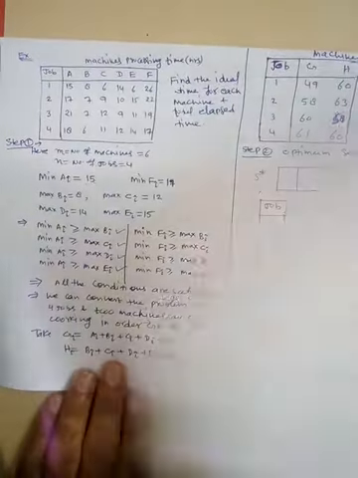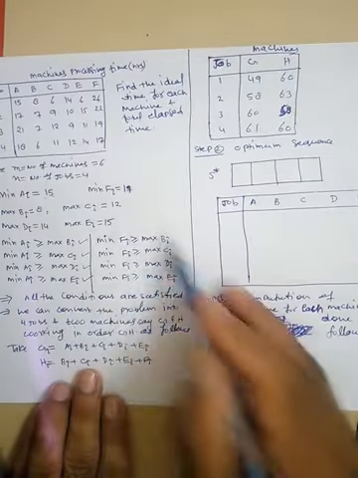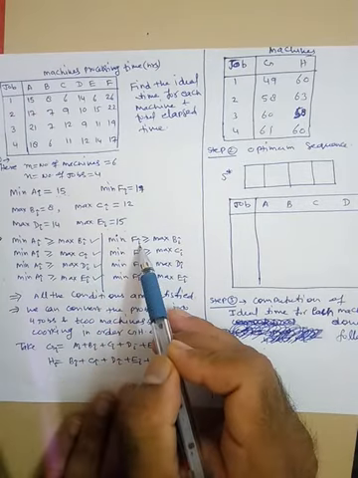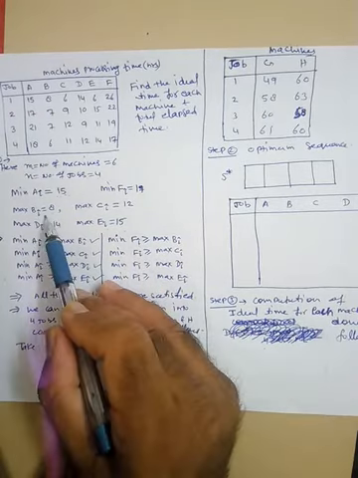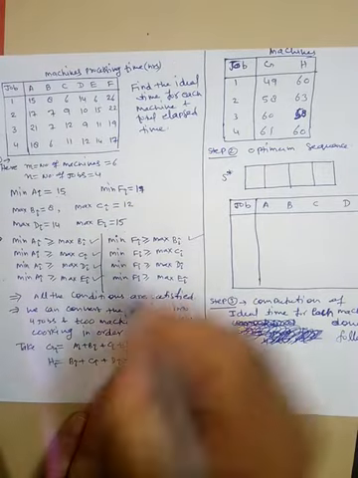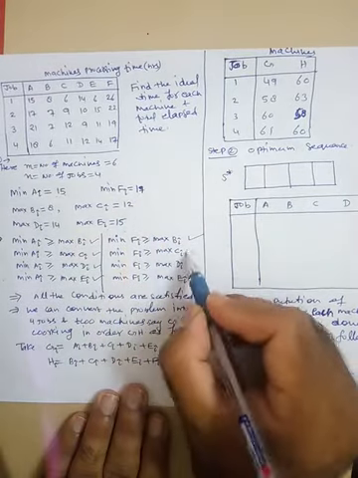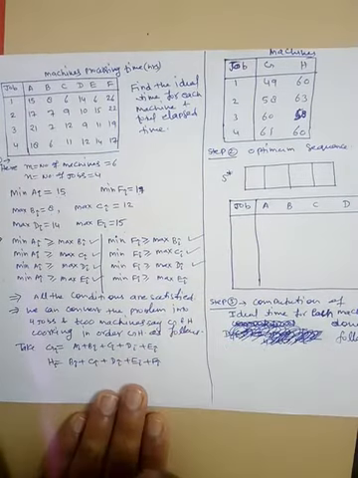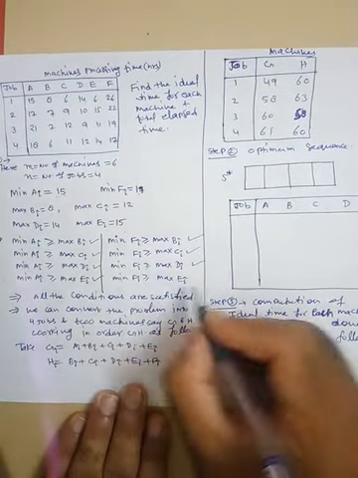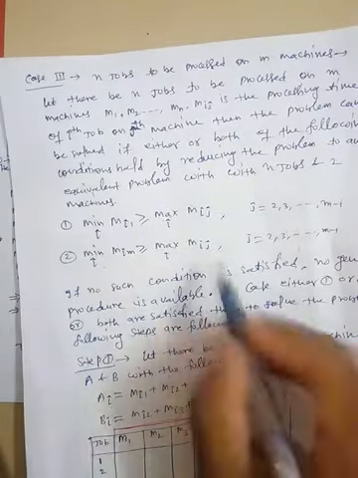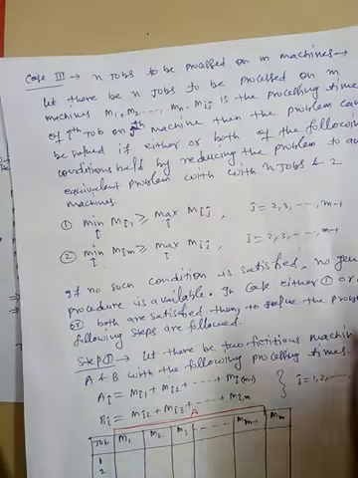Now we will check the second condition. The minimum of F_i is 17 and the maximum of B_i is 8, so this condition holds, 17 is greater than 8. Similarly, 17 is greater than 12, so this condition holds. 17 is greater than 14, so this condition holds. And then 17 is greater than 15, so this condition holds. So in this example, both these conditions are satisfied by each machine.